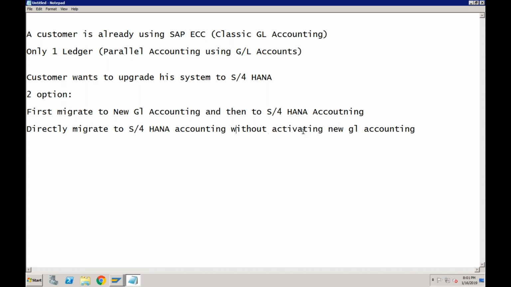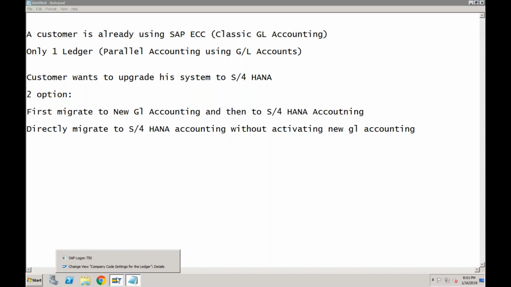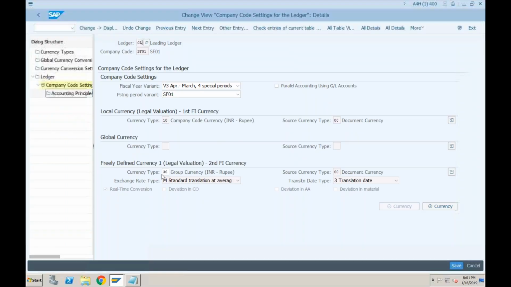In those scenarios, this tick is very important, because when configuring the system we have to tick this indicator to tell the system that this customer is going to SAP S/4HANA accounting but still wants to use one ledger. He just wants to use parallel accounting using GL accounts. Any questions till now before I go to the next one?